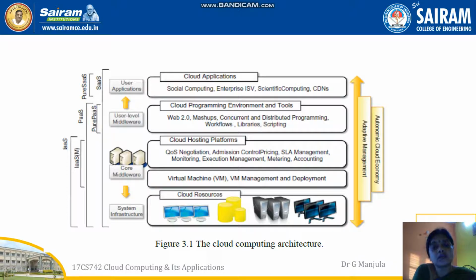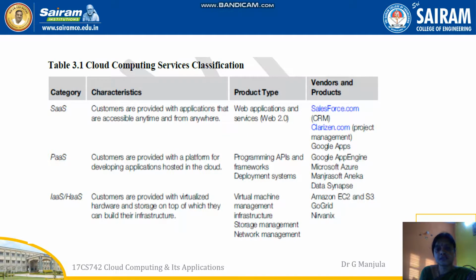Here also you can see some clusters, some storage devices, some CPU images, physical resources, the hardware components which will work on the virtual machines, like in a VMM, all those things. Once you understand this diagram, the remaining 2 diagrams are simple, similar to the infrastructure implementation and platform implementation. So in the next class, we are going to learn about hardware implementation, how it is going to take care, and platform implementation, how it is going to take care. Along with it, we are going to study the characteristics of these 3 layers. Clear?